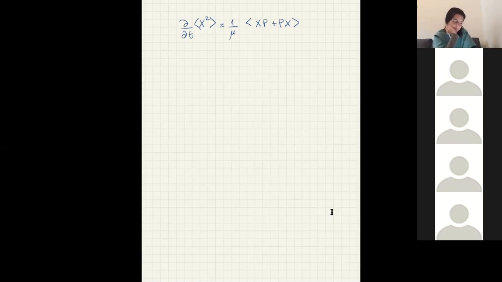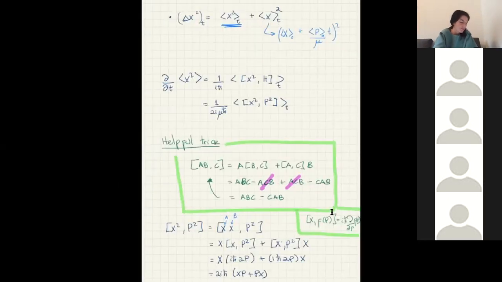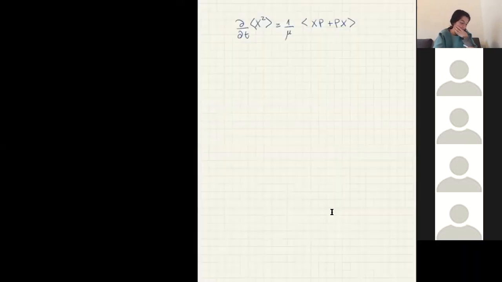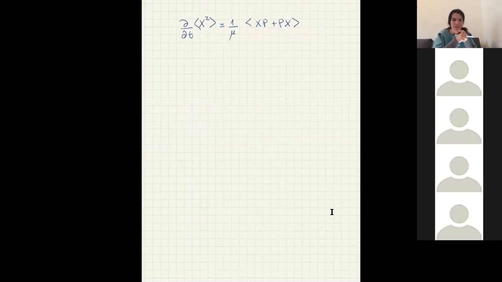What does this tell us? Not much yet, right? Again, remember, we're trying to find the variance. How does the position of the particle change in time? And in order to do this, we needed to compute this first term. So we took the time derivative. And we found something that it's actually the anti-commutator of x and p, and it's still a bit big. I don't know how to work with this, but given the magic of other people have solved this before, we know that if we take the derivative again, now we're going to get something more reasonable. Okay. So because we'll reverse engineer this,